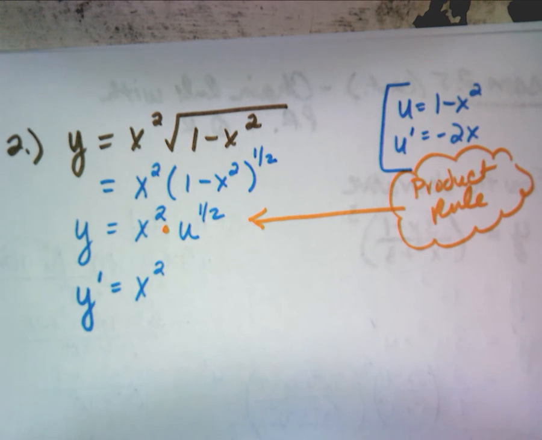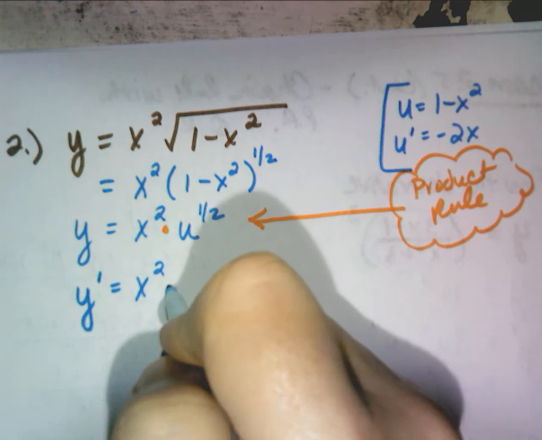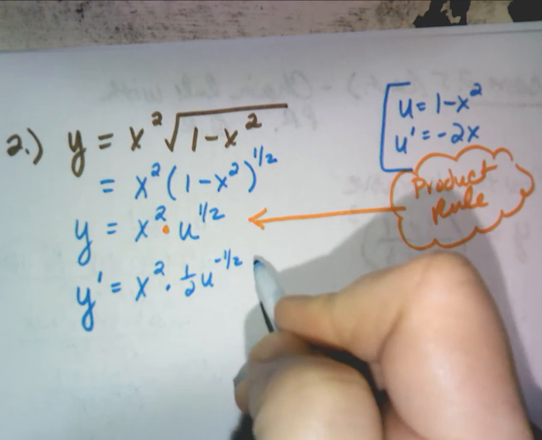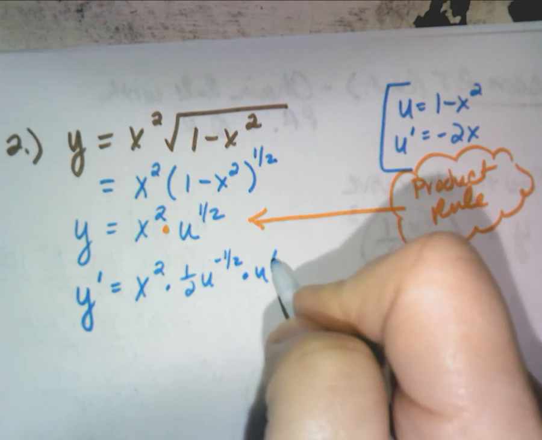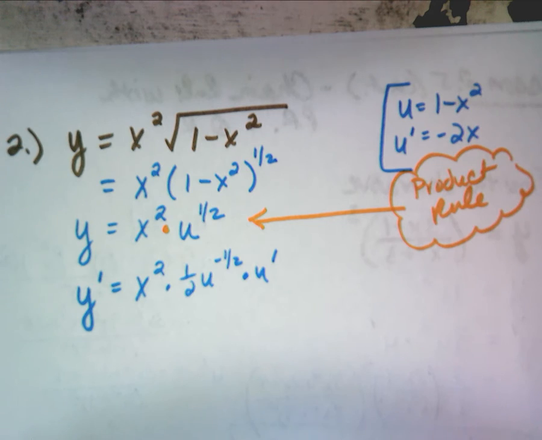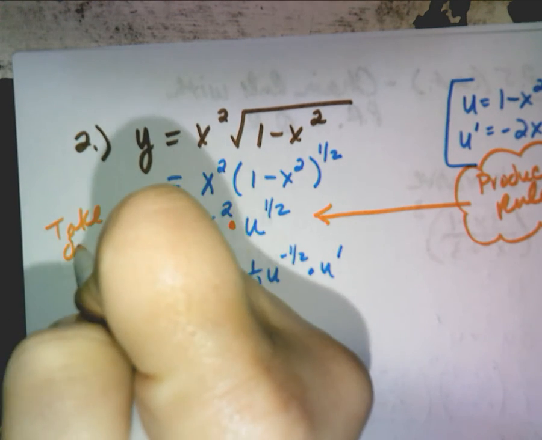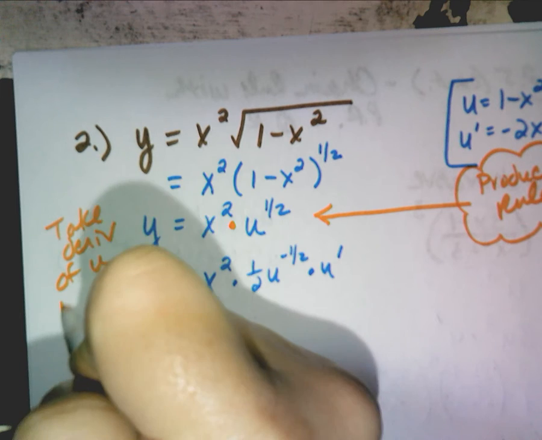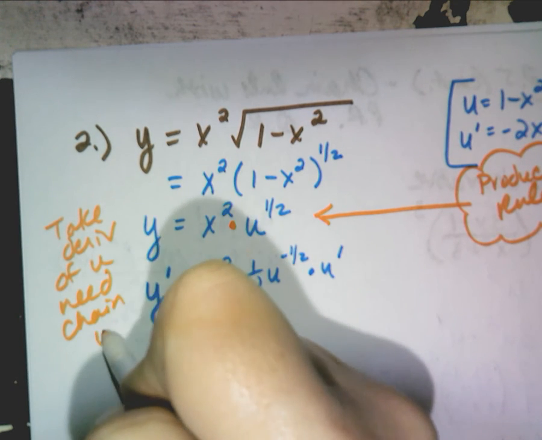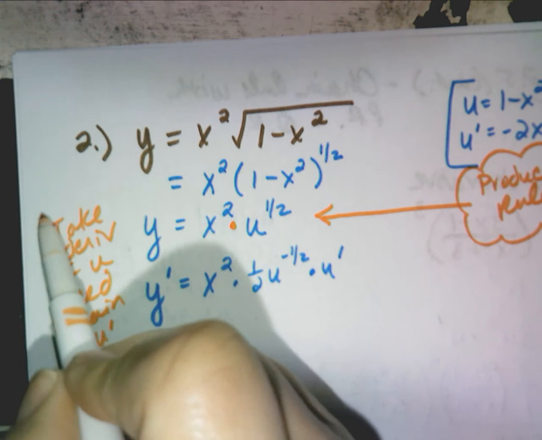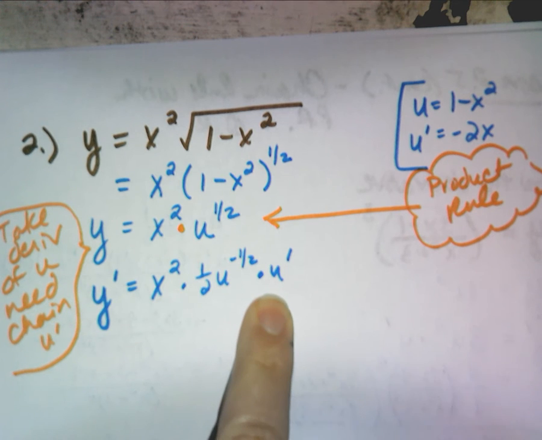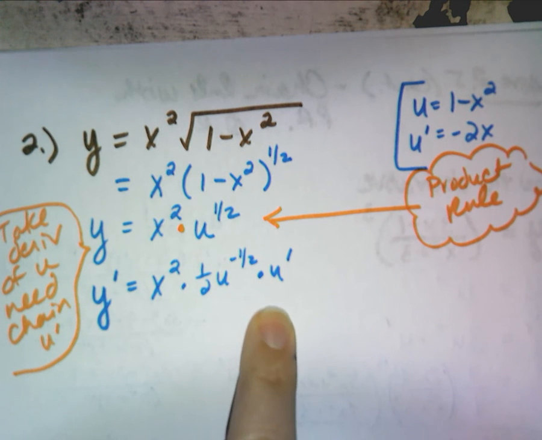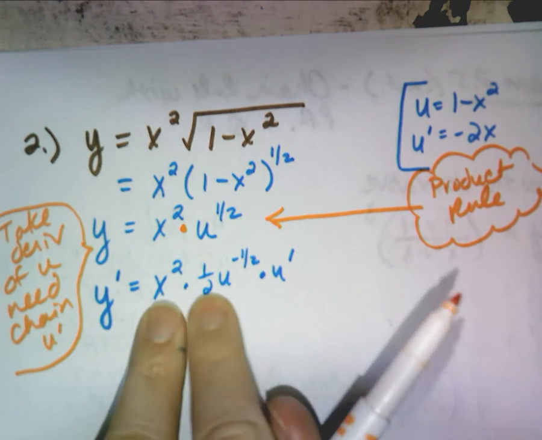What is the derivative of u to the 1/2? Be careful. Negative 1/2 u to the negative 1/2, times u prime. You need to write this down. Whenever you take a derivative of u, you need the chain, which is u prime. You can't just take a derivative of u like you would take a derivative of x. You have to attach good old chain, only when you take the derivative, not when you include it. So first times derivative of the second times its chain,